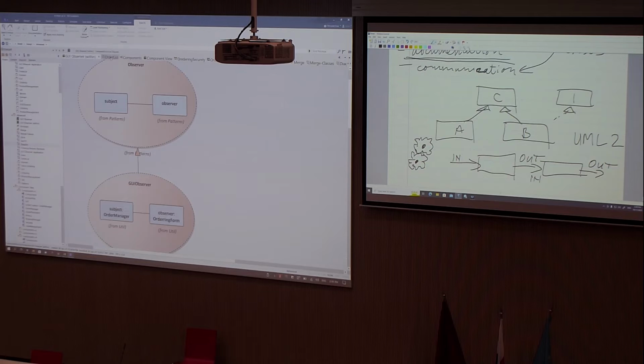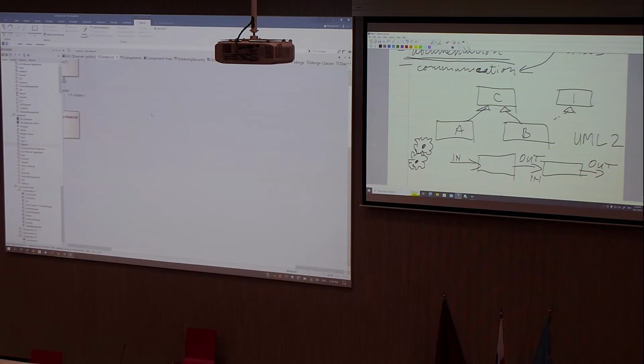Speaking of roles, we have a concept of role binding in UML. So once there is a role, you can bind something there like this. Again, this is something that you actually normally use in programming languages like Java or C++ or even C#, or